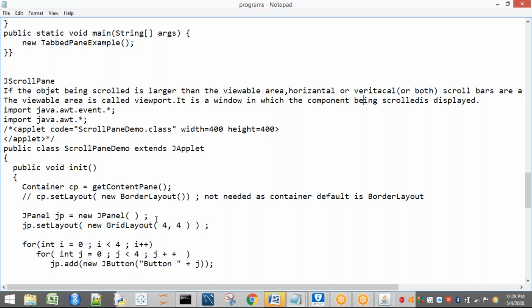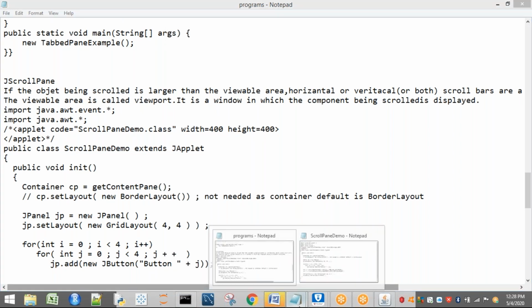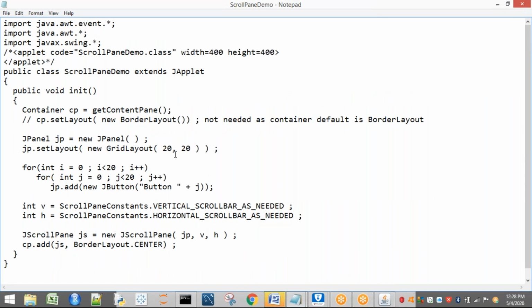Sorry, I am changing this program. Actually the code we are executing is in this file. Anyway, I have to change it here. So 4, and here I'm placing a 4, and here also I'm taking 4 and 4, 4 and 4. Now I'm saving it.